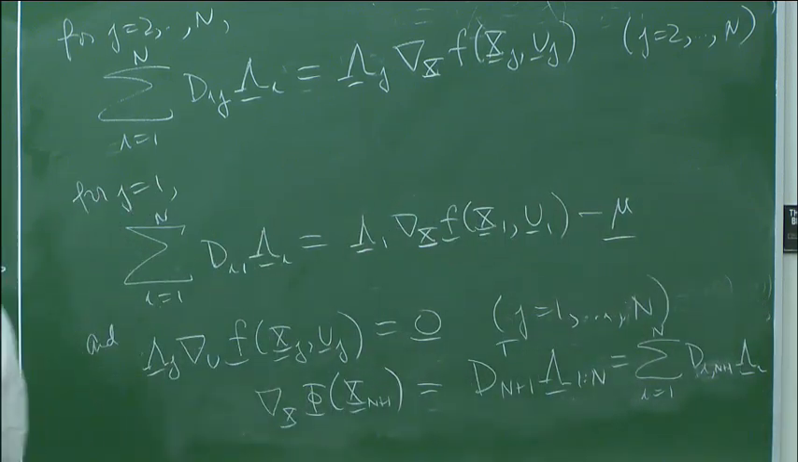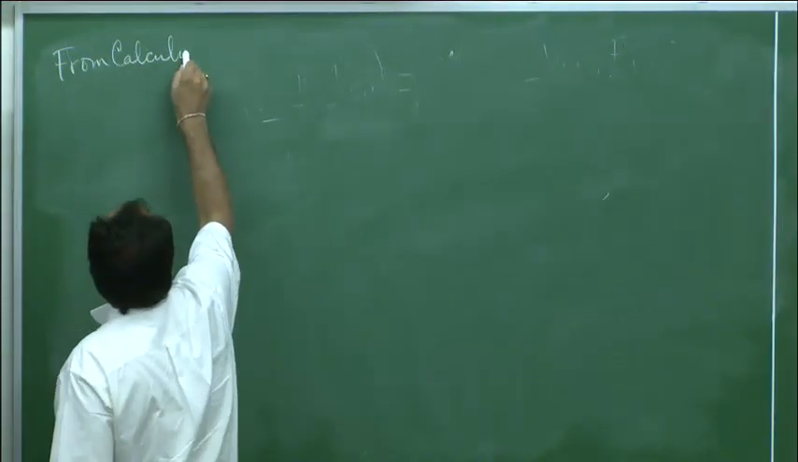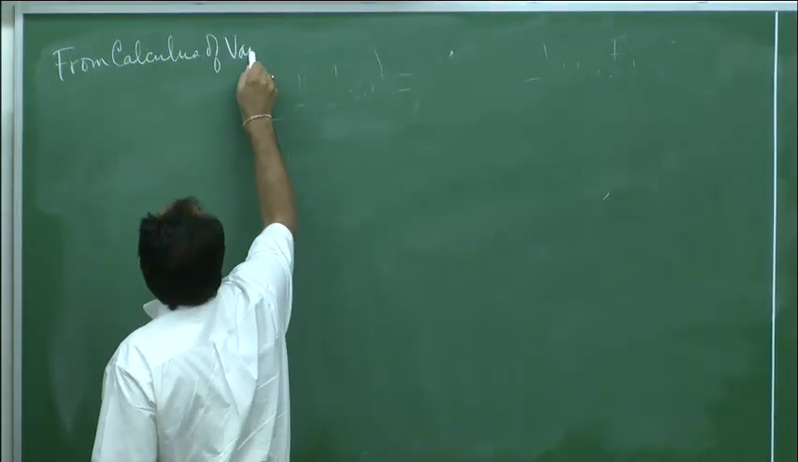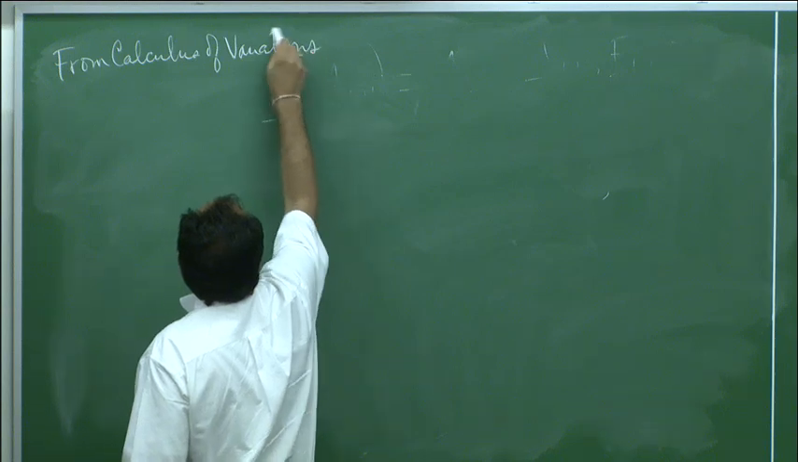Now what we need to do is transform this system of equations to a system that looks like the first order optimality conditions of the optimal control problem. So if you remember the first order optimality conditions of the optimal control problem, if I write down from the calculus of variations,